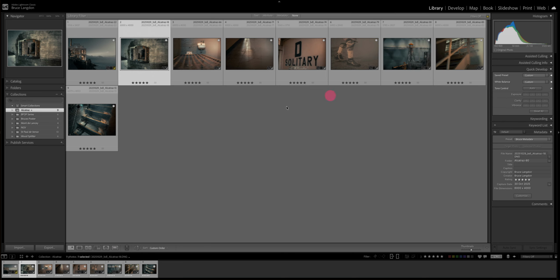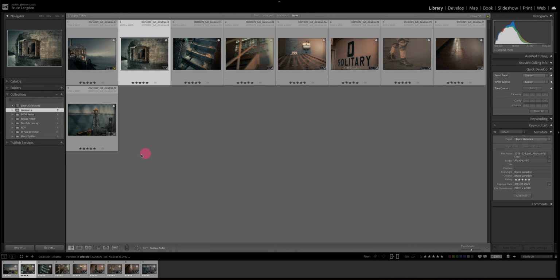I'm going to put that one there. I'm going to put that one there. This one will go here. This one goes here. So you can see how easy it is just to move things around to where you want them to be. Maybe that one there. So once you've got them into the order that you would like,